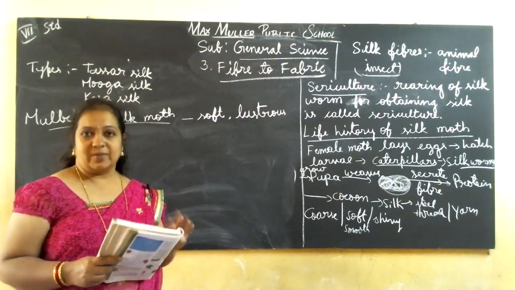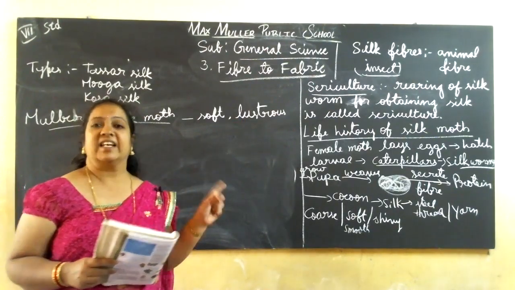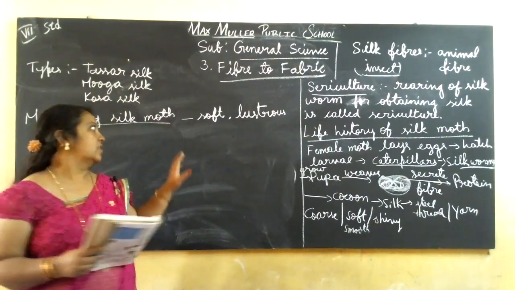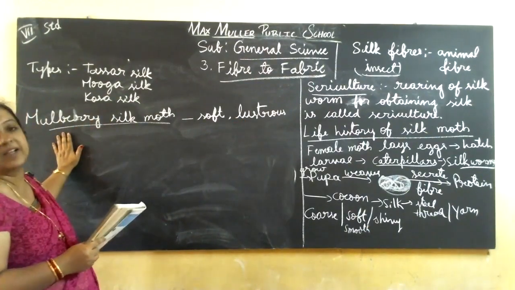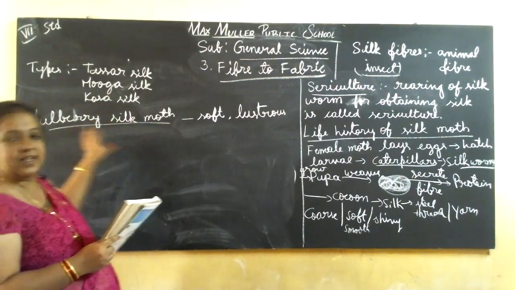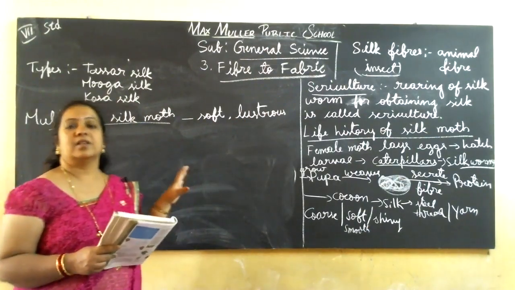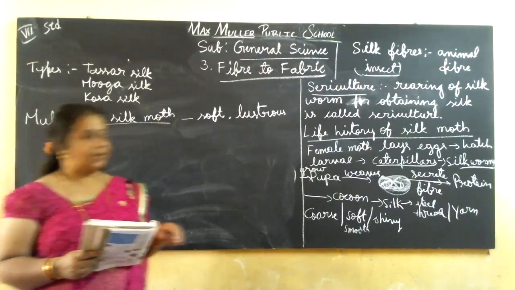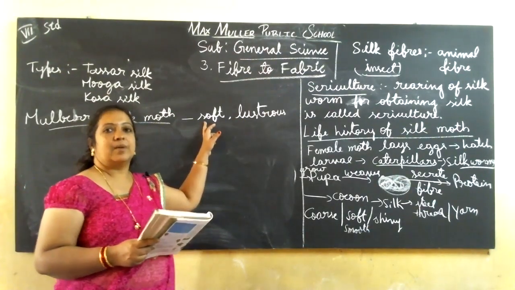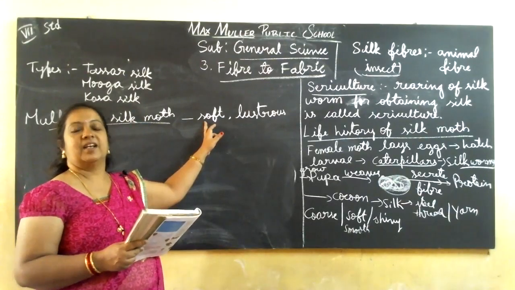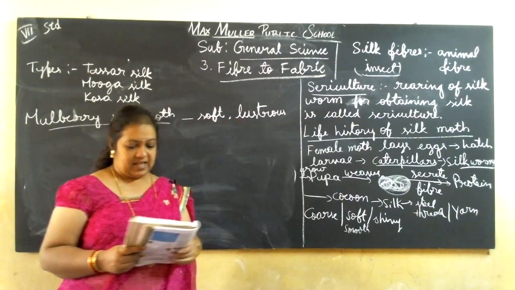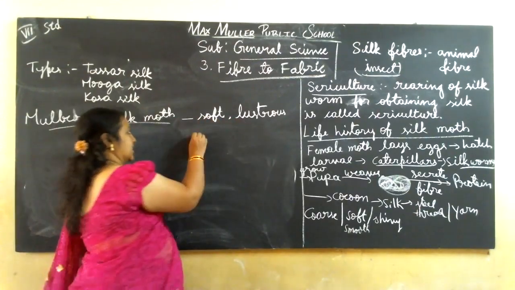No other fibers give such a shiny nature. Only silk thread has it, especially mulberry silk. The silk produced from the mulberry silk moth, we call mulberry silk. This mulberry silk has the best features and best quality. What is that? It is very soft and lustrous and also elastic